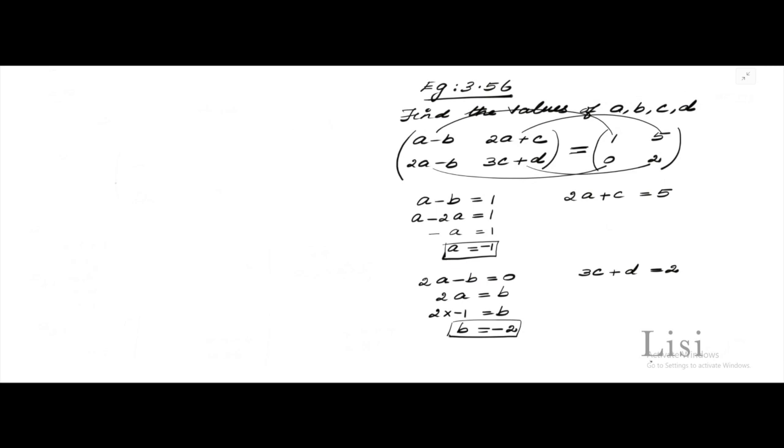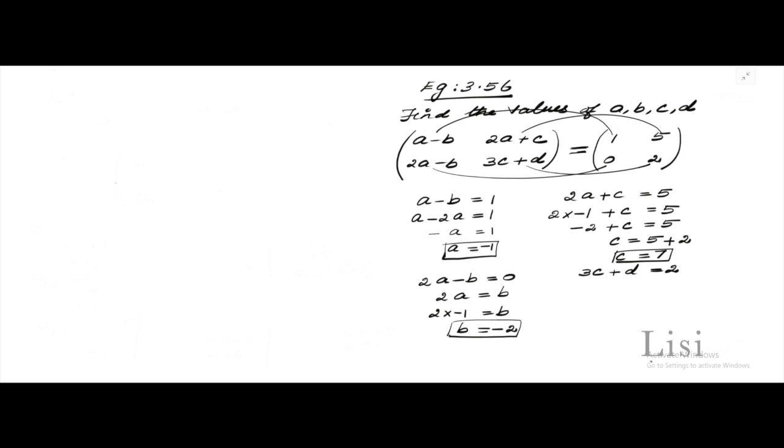Right? And now come over here, 2A plus C is equal to 5. And now what is your A, you know, isn't it? You write that 2 into minus 1 plus C is unknown, so C equal to 5. 2 into minus 1, it is minus 2, plus C is equal to 5. And now C is equal to 5, and this minus 2 comes to the other side, so it becomes plus 2. And now what is your C? 5 plus 2, it is 7. Go back.